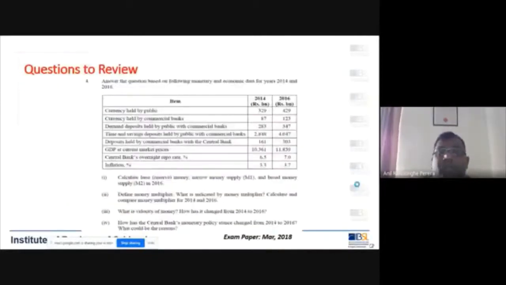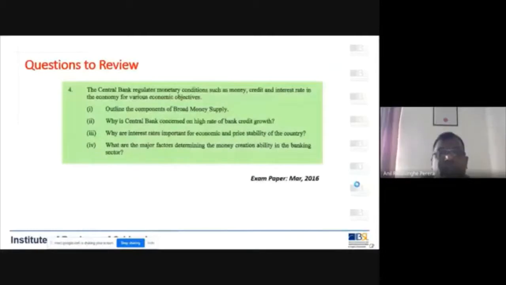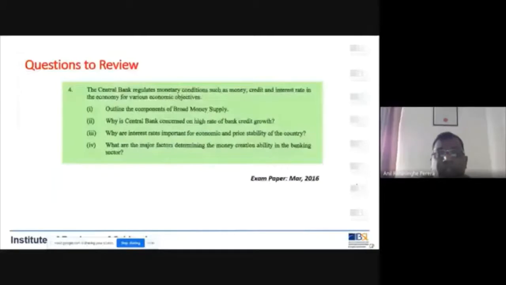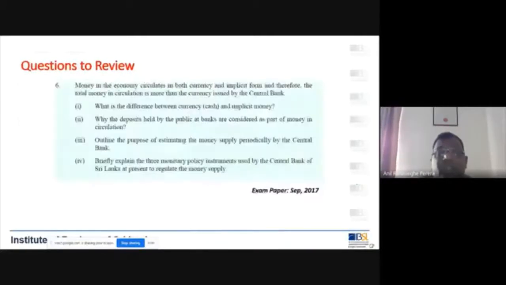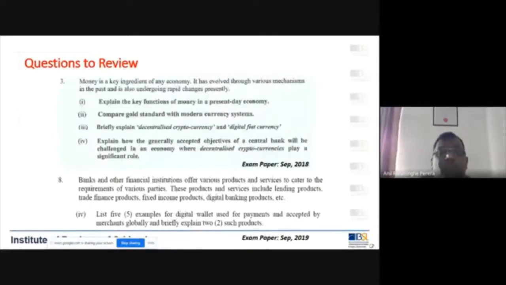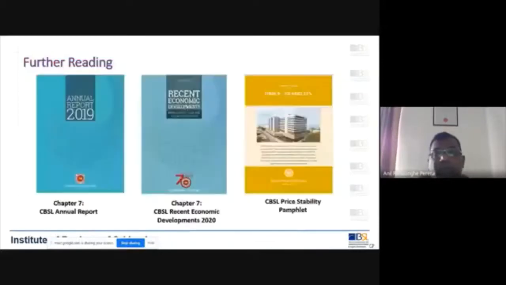Okay, I think the other questions we have here are very similar to those two types of questions, and some of these other questions I actually covered in our session as well. For example, if you recall this decentralized cryptocurrency, digital fiat currency, we discussed this entire question in detail in the class. So with that I think we have some reasonable understanding of how to calculate monetary aggregates and what the different definitions are